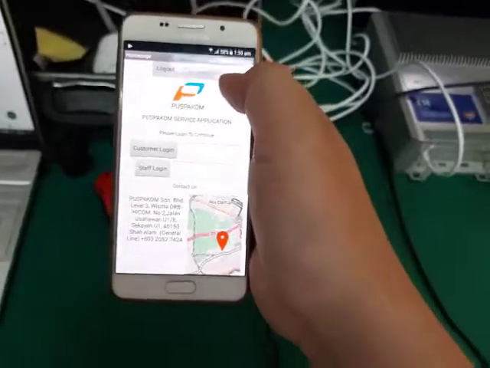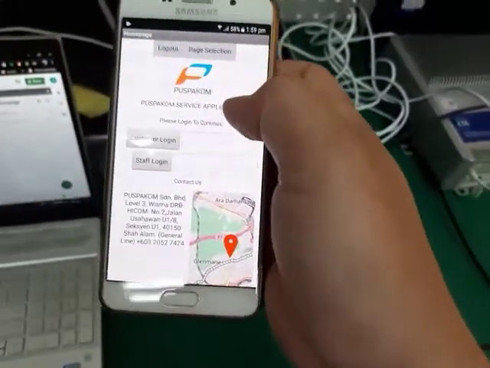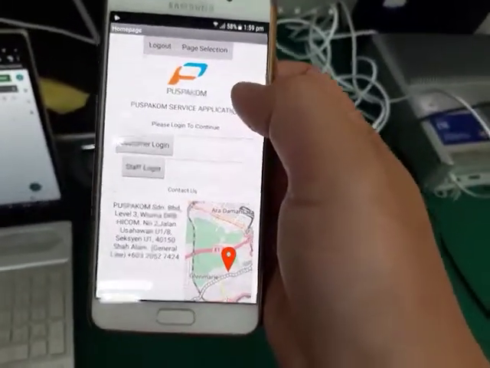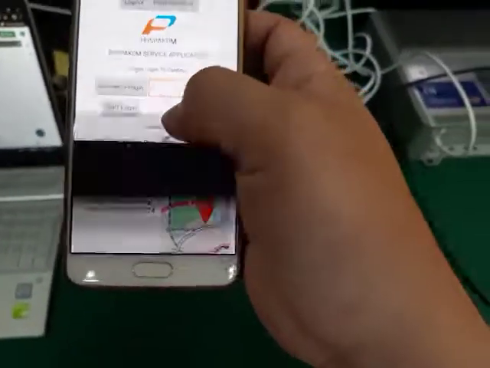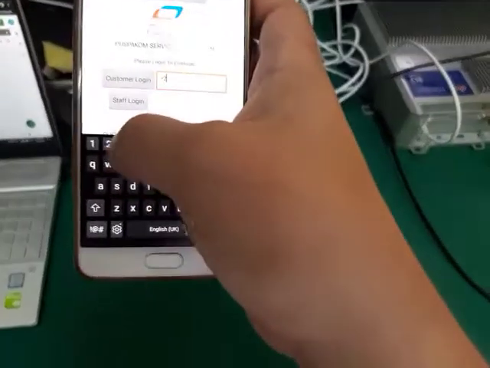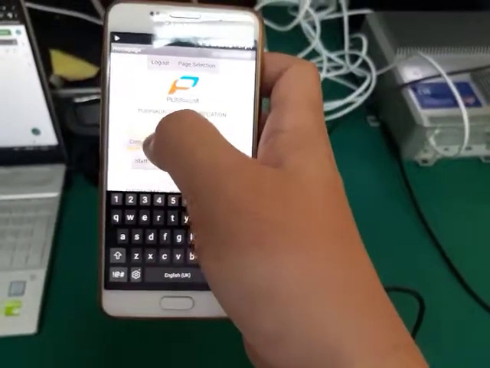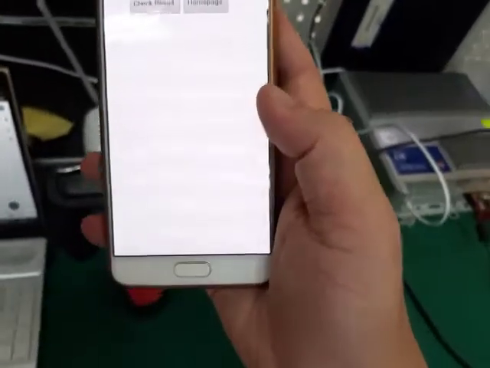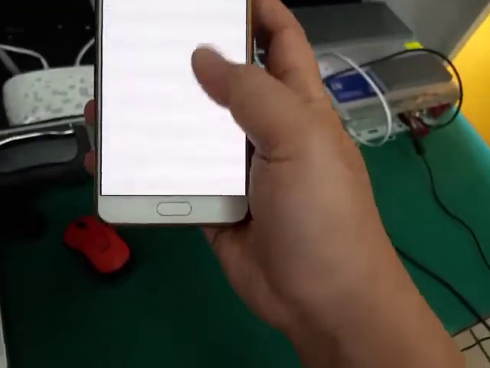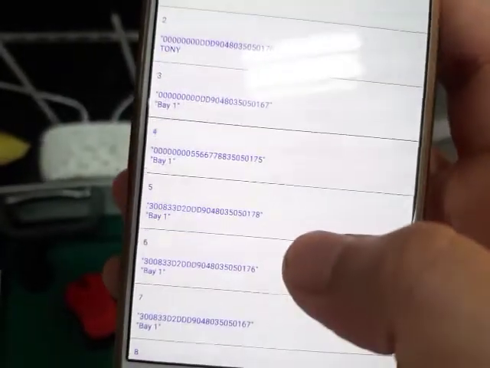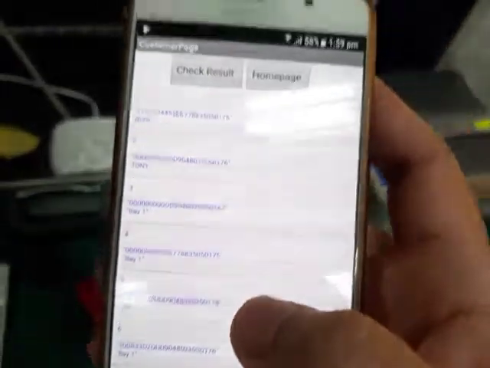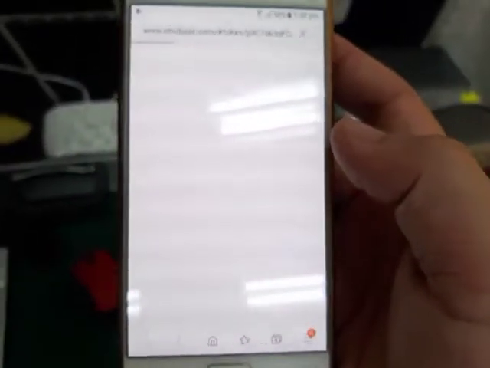So moving on to how you're going to use this app. First, as a customer, you'll be given a password for you to access the information. For example, in this case, your password is 1234. So you click on customer login, and it will direct you to a page where you can actually see all the information. So you can see here the reader, the B1, B2, B3 and so on. If you click on check result, it gives you a more comprehensive result. So you'll be redirected to another